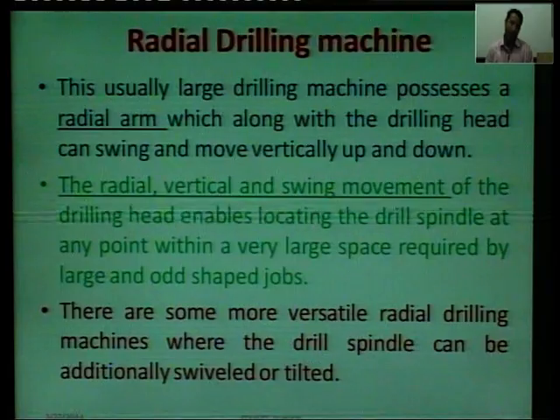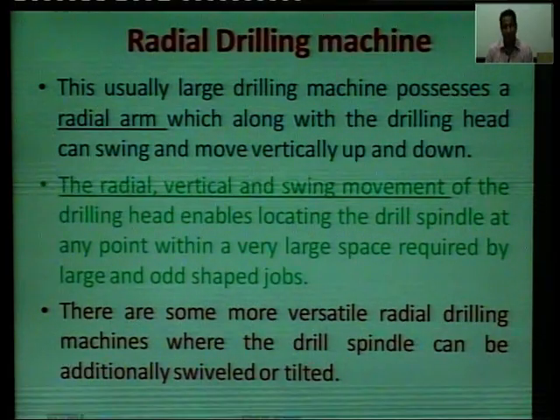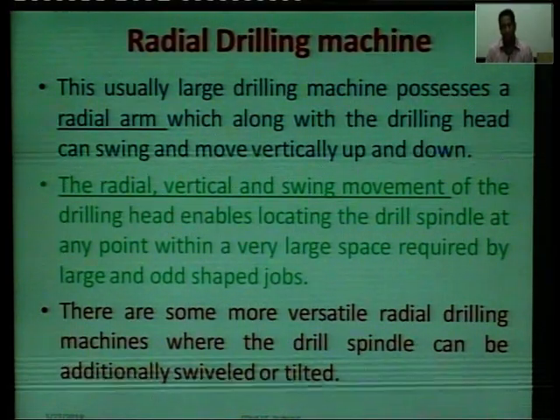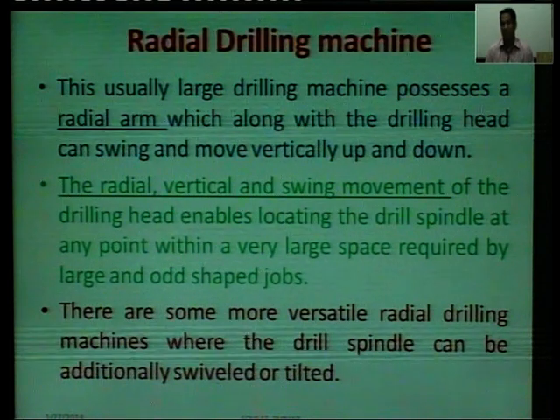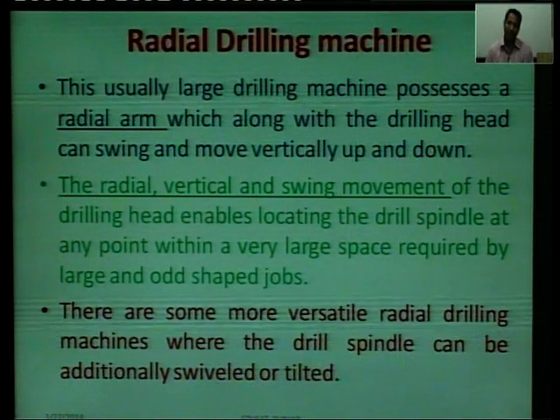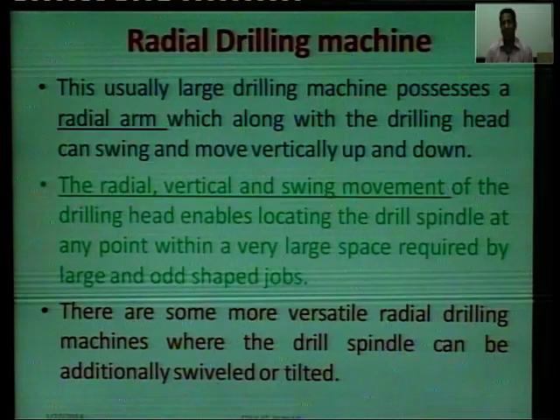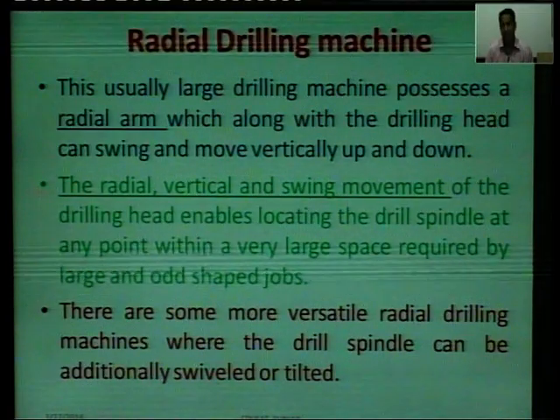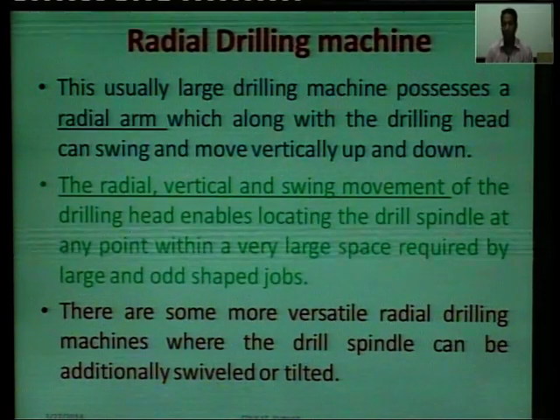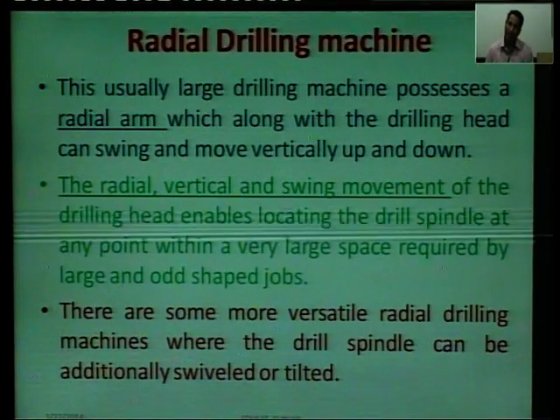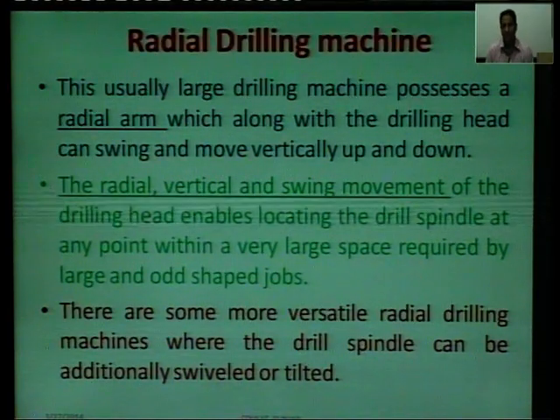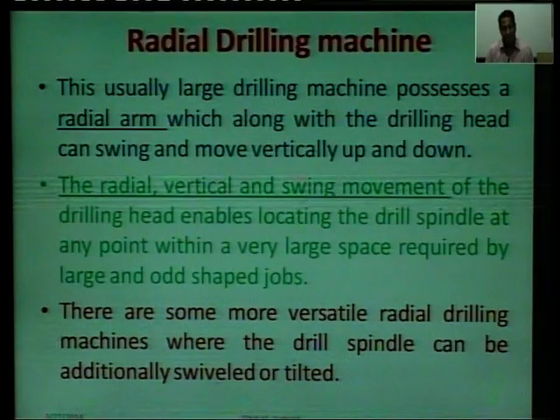So the radial drilling machine, my dear friends, gives you the flexibility, gives you the capability to adjust your workpiece on this kind of machine to make the hole at an inclination, at a certain angle. So they are more versatile machines.